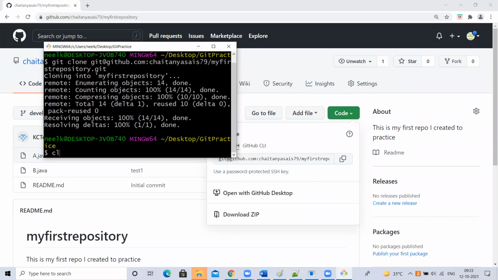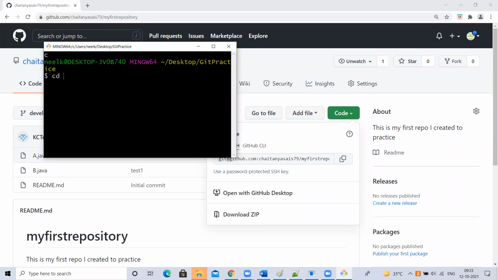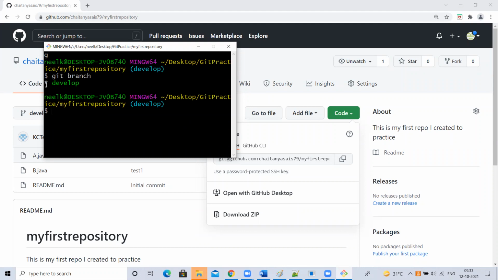Okay, now cd. Here, if I type git branch, by default, it is connected to the development branch. So this is the step we have to do.